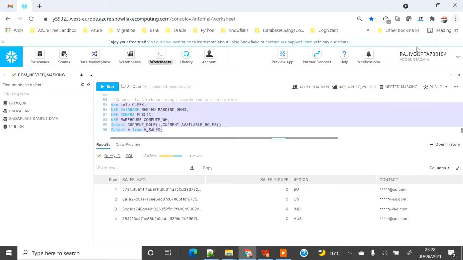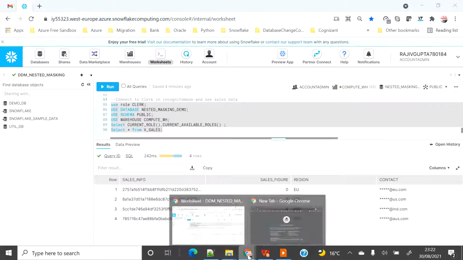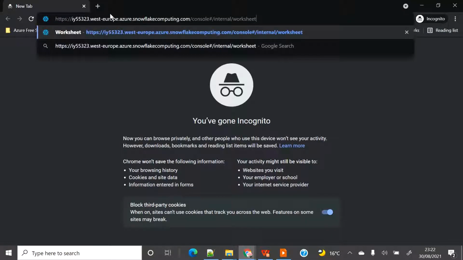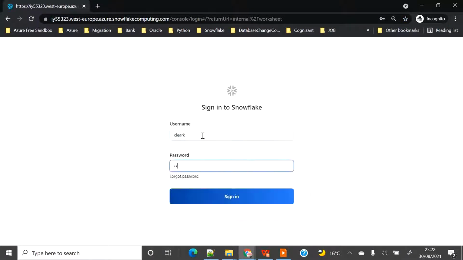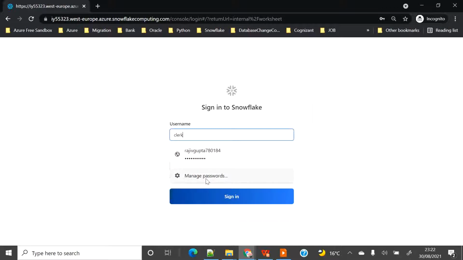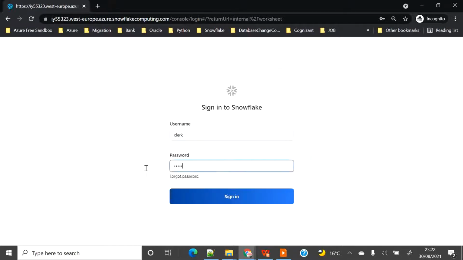Now let's connect with clerk and see what kind of data I can see as clerk. Let's open an incognito mode. Let's copy the URL for the Snowflake connection. Let me connect with clerk. I made a spelling mistake here. Let me sign in.